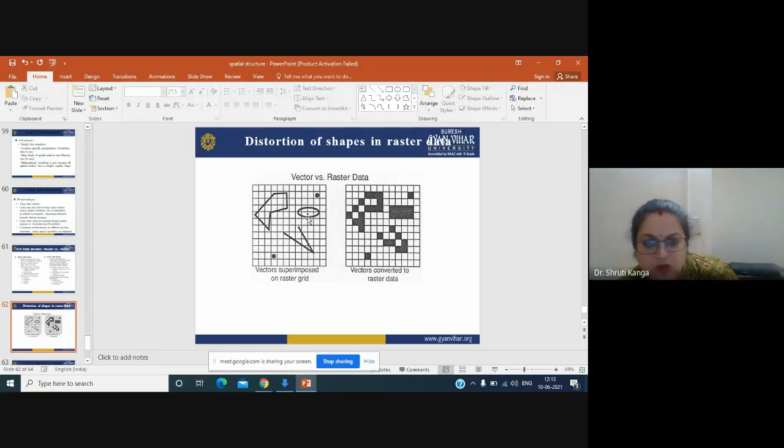So if we are talking about a point, you get the exact location in vector, but here you will have to go through the complete pixel, you cannot find the exact location. So that's why this is a discrete form of data sets and this is continuous. Is it clear?